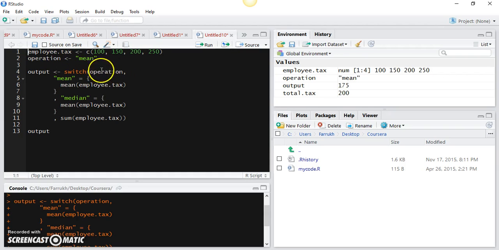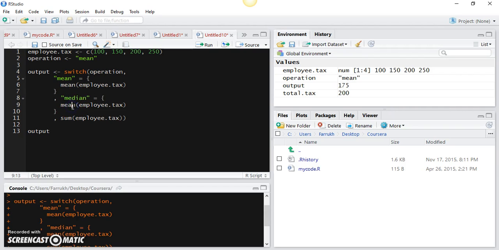Underneath, we have specified a few possibilities. We are saying that if operation has a value of mean, then we would like to run this block of code, which does nothing more than take the mean of all the values within the vector. Now we are giving another possibility: if the operation has a value of median, then we would like to